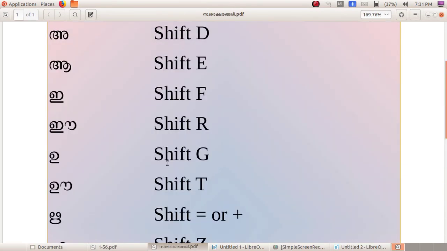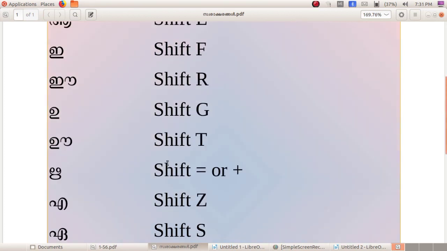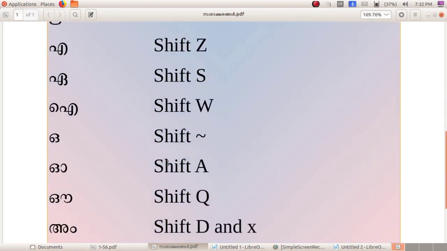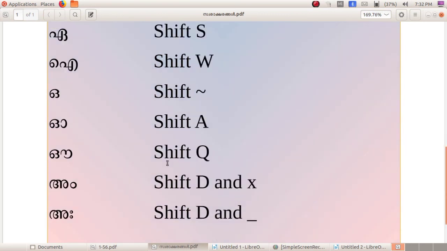So you want to study all those keys. First of all, A, Shift D; Aa, Shift E; I, Shift F; Ee, Shift R; U, Shift G; Uu, Shift T; Ru, Shift plus or Shift equal; E, Shift Z; Ae, Shift S; Ai, Shift W; O, Shift apostrophe; Oo, Shift A; Au, Shift Q; Am, Shift D and X; Aha, Shift D and underscore.